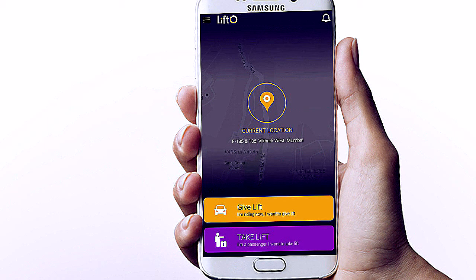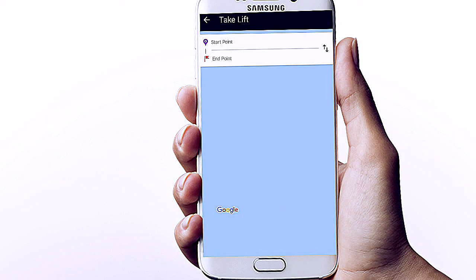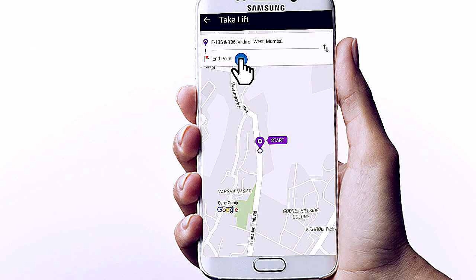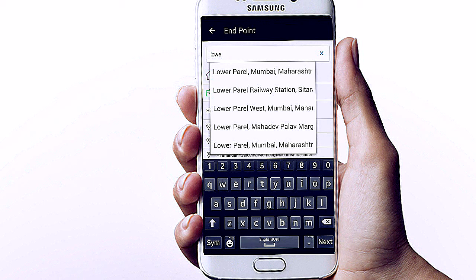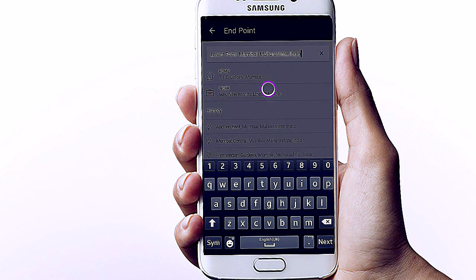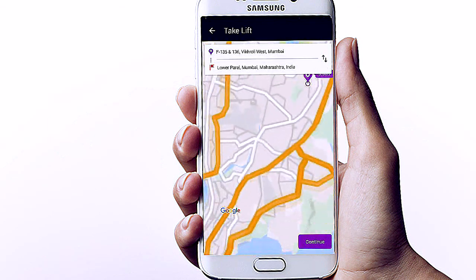If you are looking to take a lift, just click on Take Lift. Your current location would be automatically picked up, which you can also change. You just have to input end location, say Lower Parel. Once you choose a location, it would be saved in the history and next time you can choose a location